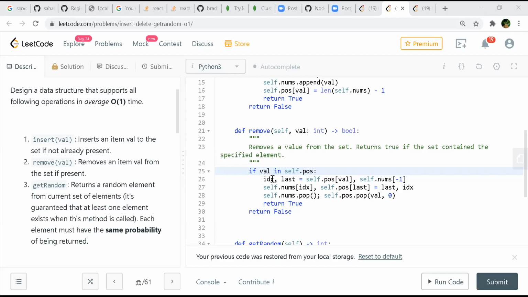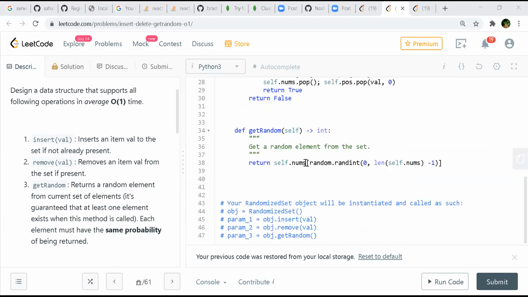And regarding the get random, first I've written this random number function which will generate the random number between 0 to the length of the nums, and we'll go to that particular index and pick any number. Whatever random number it gives you, we'll go to that particular index in the array and then pick that element from there and return it. Yeah, that is random will be very straightforward.